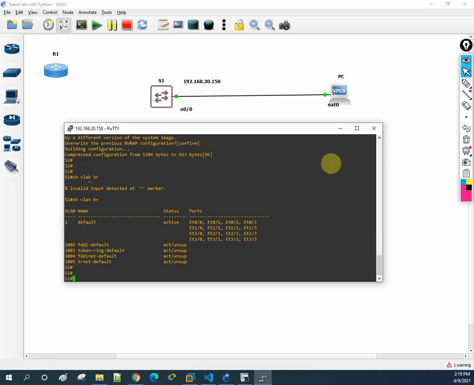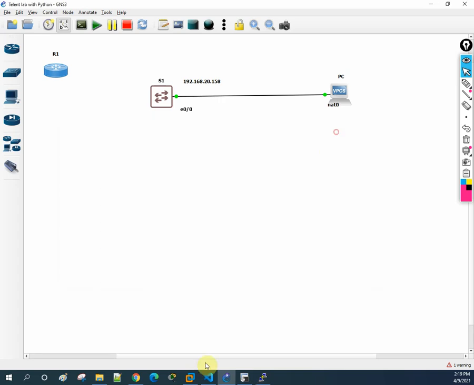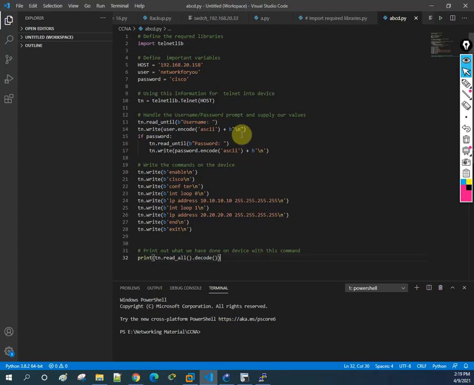So now with the help of Python, we are going to create more VLANs. This is our previous code, whatever we used for our router to create the loopback, that is loopback 0, and assign the IP. Same code we are going to use, and some modification we are going to do. In our previous class, we said we are going to use the telnet package, so we need to include it. First thing we include is the library. We say import telnetlib. So we include that library.